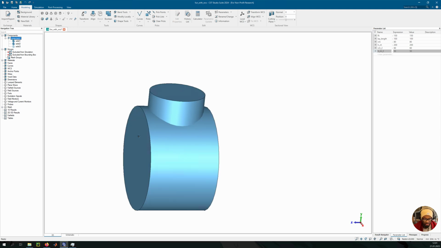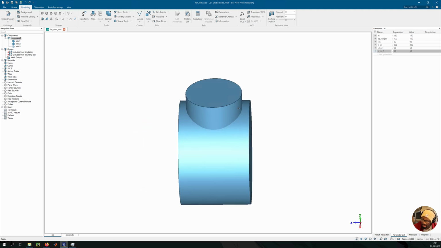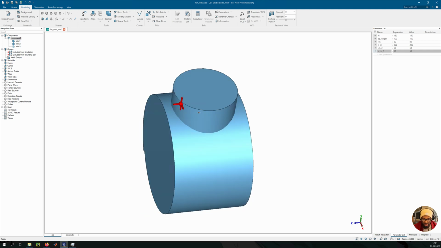So instead of having to build from one reference point, which is what I usually do, I don't know, it's just what comes naturally to me. That's what I do, and I calculate everything. But what you could also do is align your coordinate to this point, and you could do